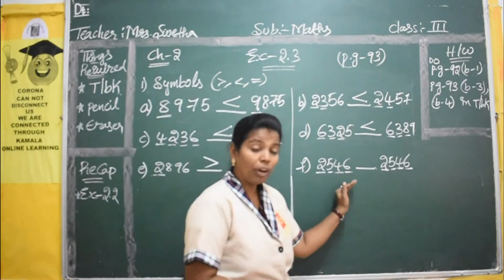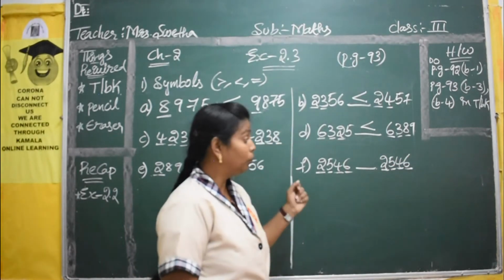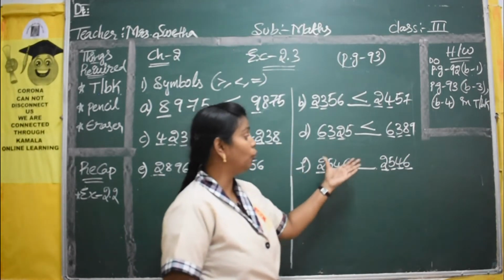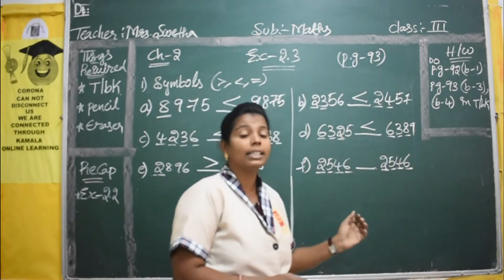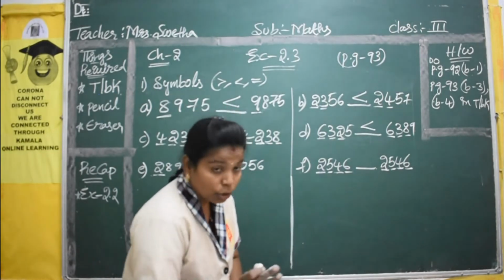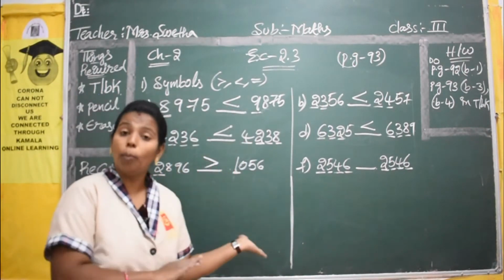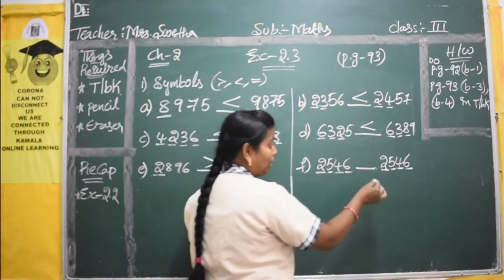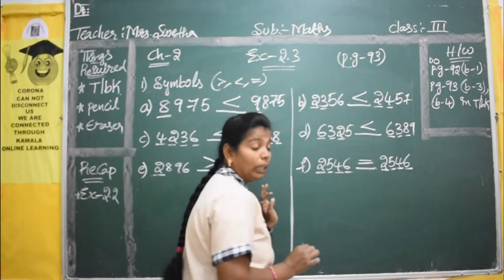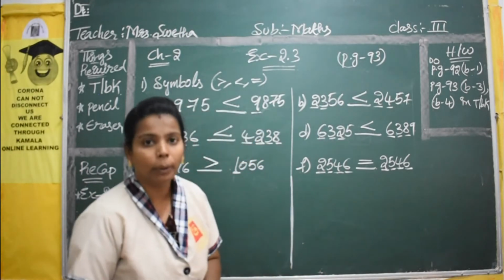Yes. So do you have any numbers more? No, we don't have any numbers more. But what we have observed here, all the 4 digits are same in both the sides. Both the sides we have same digits. So just now in the explanation, in the example I said, if you have both the sides same number, which symbol you will take? You will take equals to symbol. Equals to means both the sides you have same number.